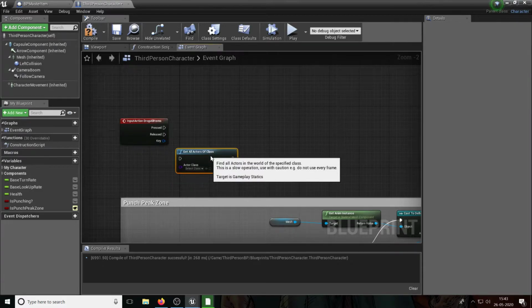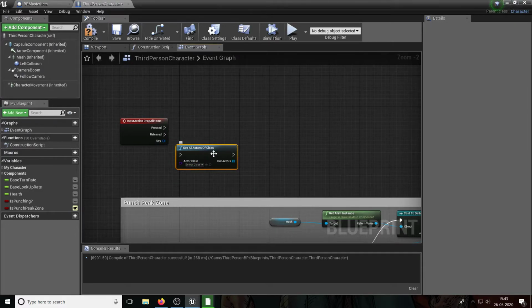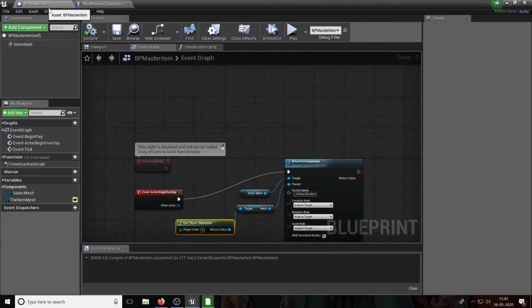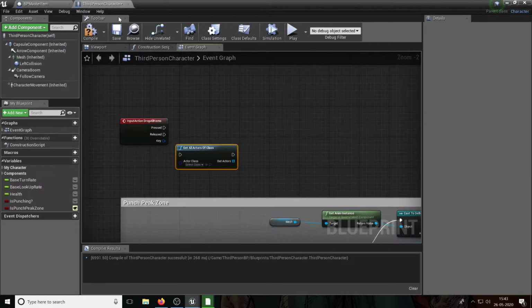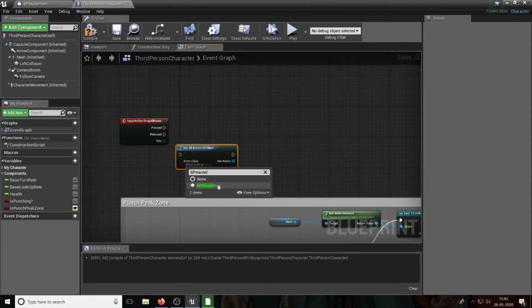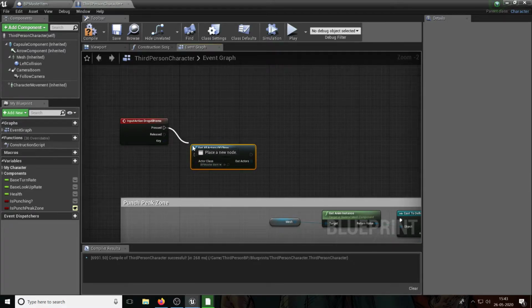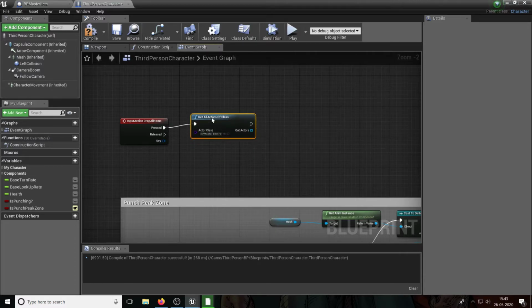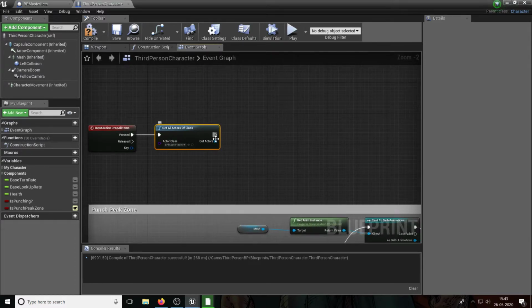And when I do this, it means that I want to get all the particular actors of a particular class, and the class I'm interested in is BP master item. So BP master item, right? I'm going to get all the actors of this class. So when it's pressed, we'll get all the items, and this returns an array, right? Obviously, it's going to return an array of objects, each with their own details, and I'm going to loop through